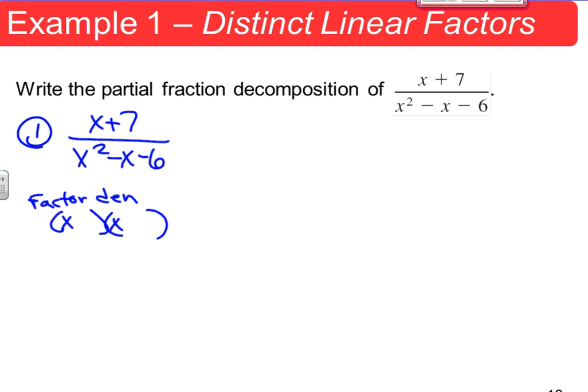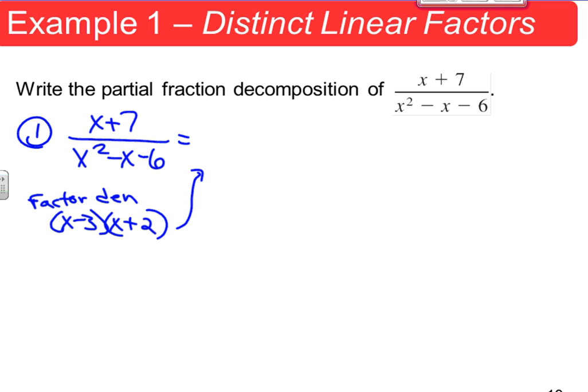What multiplies to be -6 and adds to be -1? 3 and 2. And which one is negative? Negative 3 and plus 2. So once I've factored that denominator, then I'm going to write that this is equal to,